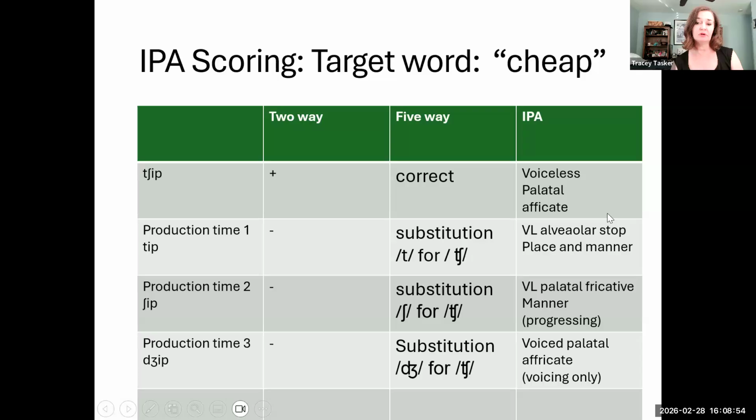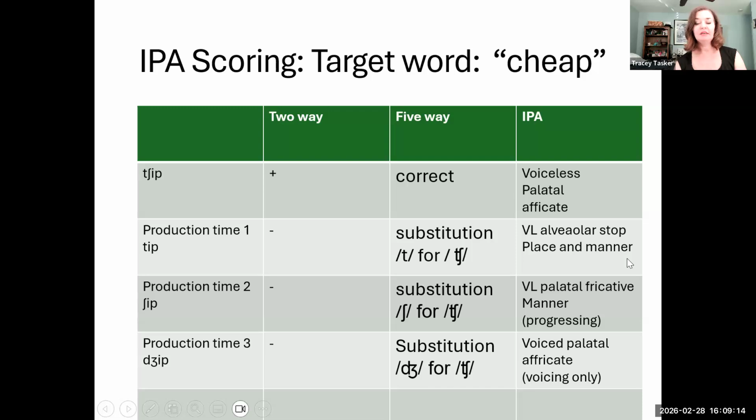Kind of similar to our homework this week, right? So in this example, if cheap was pronounced as teep, it's incorrect. We can identify exactly what the error was,